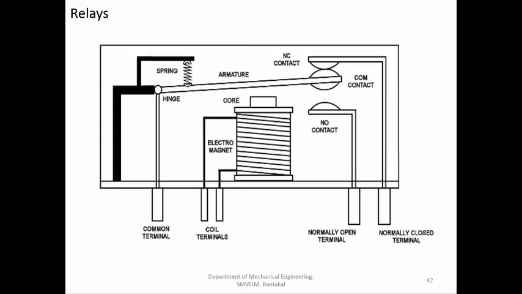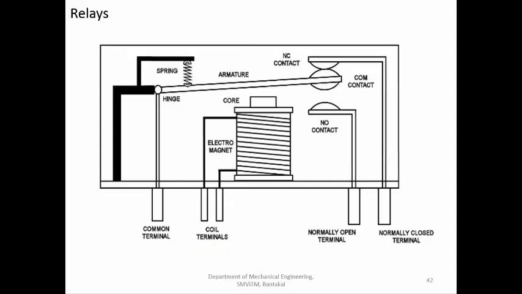Relay is mainly a switching device. It is used when you are to operate higher voltage. So we don't want to have switches or some other elements in operation with the operator. So we are generating signals at a low voltage and we are supplying it to the coil terminals, and the coil terminals will operate the high voltage line. So that is how we are able to bifurcate.